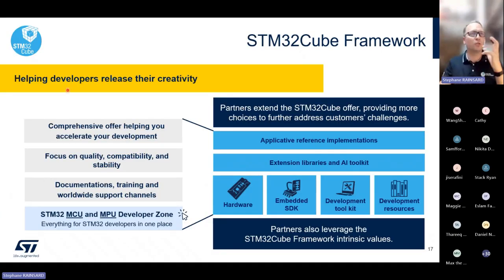So as a summary of what I just mentioned, the values of the STM32Cube framework are to accelerate the development, focus on the quality, the stability, the compatibility, and provide a lot of resources, the developer zone being one of them. This is what I mentioned. AI is also something we are looking at, and we have the AI toolkits. And a lot of our partners, and RT-Thread, are also sharing some of those values,